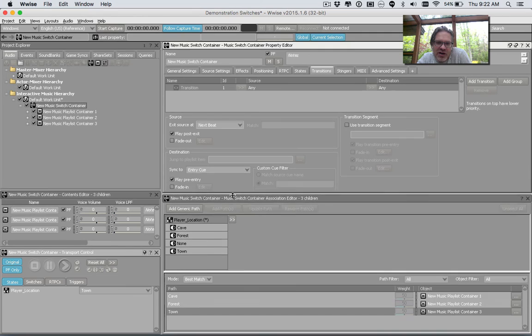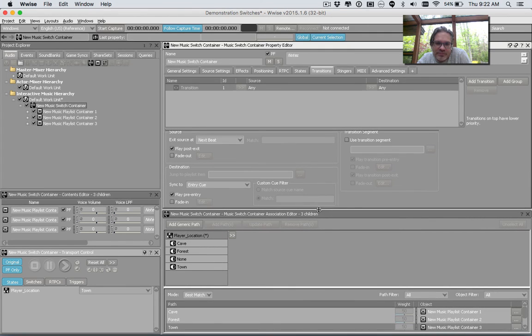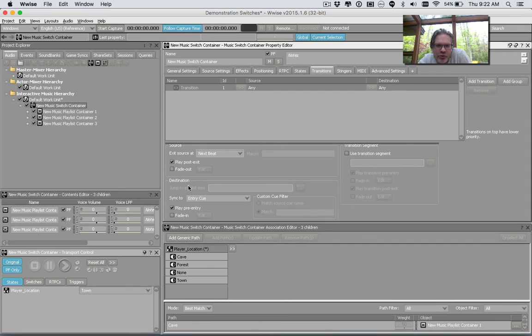And so we're going to open this up a little bit. So there's the source and then the destination. And what I'm going to set up is that the destination is the music that we're going to, and we can sync that to the same time as the current playing segment, so that when the new piece comes in, it's actually picking up. So if it leaves the old one at bar 2, beat 3, it's going to pick up the new playlist that we're going to at bar 2, beat 3. And so this is kind of cool. So when I play this,